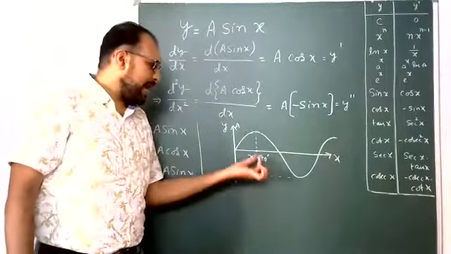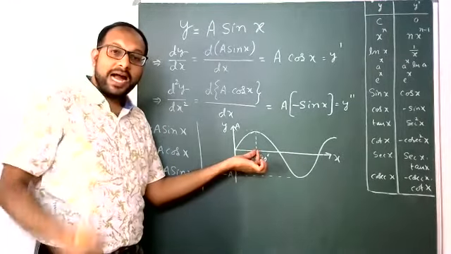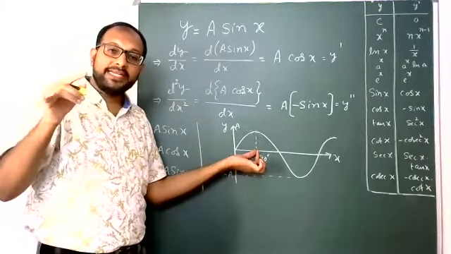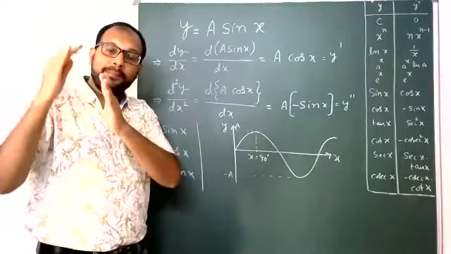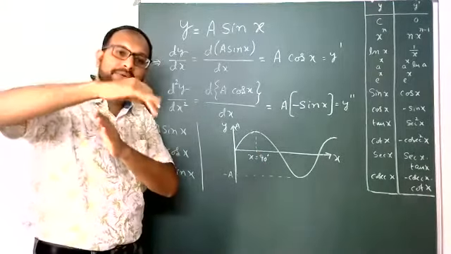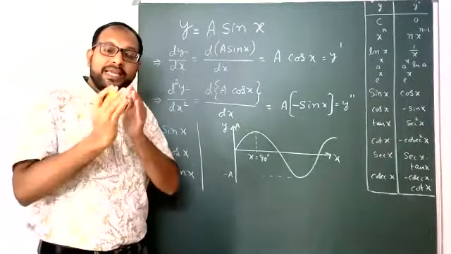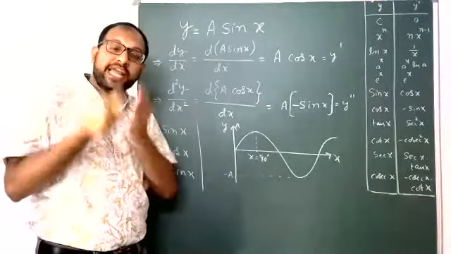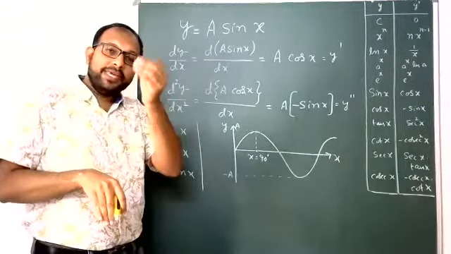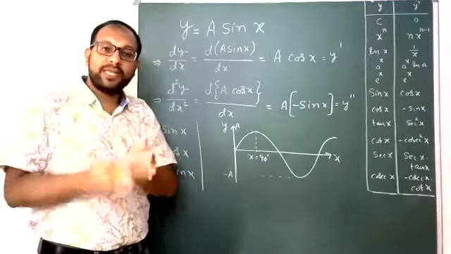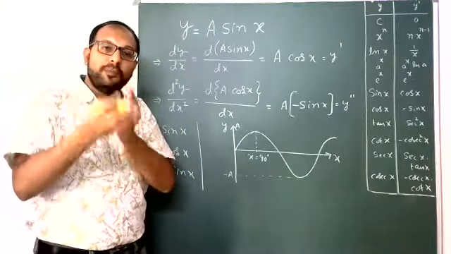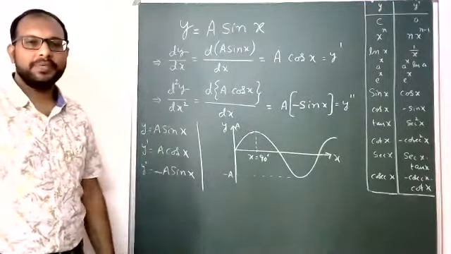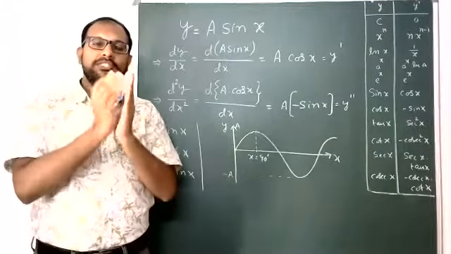So now at x equal to 90, slope 0, no doubt. But at x equal to 90, slope is changing from positive to negative. That means slope from positive to negative means the change in slope is negative. Yes, final slope minus initial slope means the total slope of slope becomes negative. The change is negative.